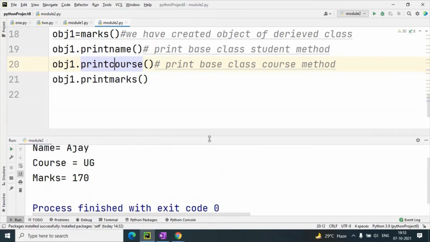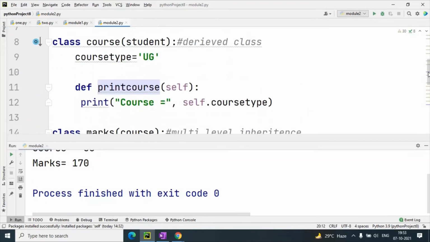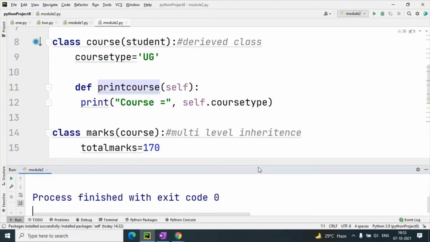So this is the example of multi-level. Here the levels are multiple. Understand, everyone? Everyone understand these three types of inheritance? First one is single inheritance, second one is multiple inheritance, and third one is multi-level inheritance. Everyone understand? Yes, sir. Does anyone have any doubt in these three? Did multi-level inheritance make sense? Everyone understand multi-level inheritance?